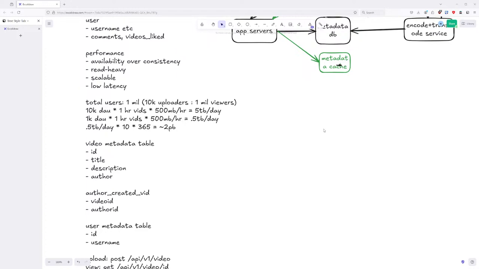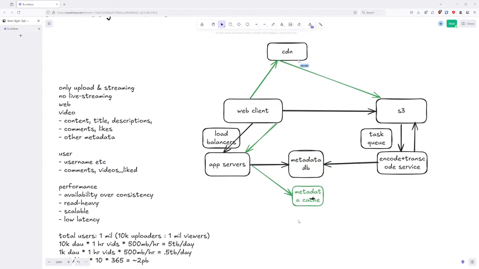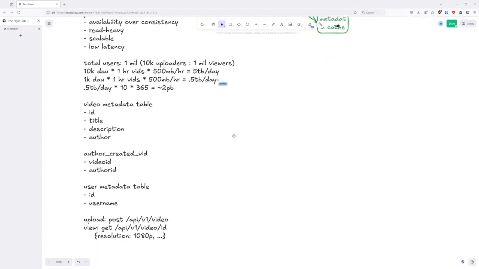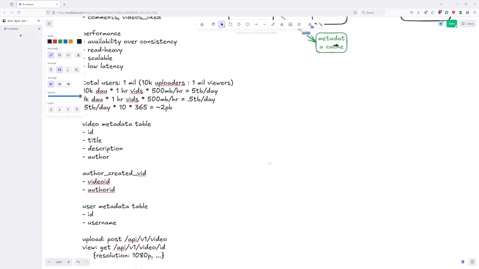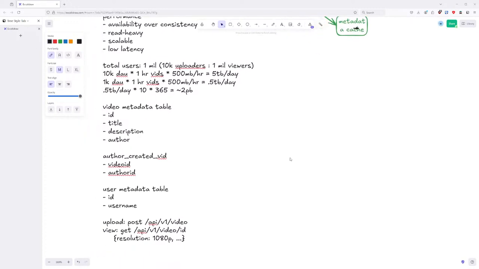So inside the metadata or inside the CDN? Well, wherever you store the view count. Where do you store the view count? Well, that should be in the video metadata, right? So I'm saying, instead of storing the view count as an integer in the video metadata, can we instead have a view count table where we can break down a video's view count by region?